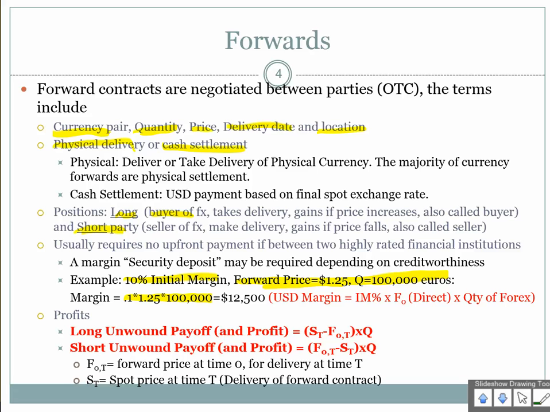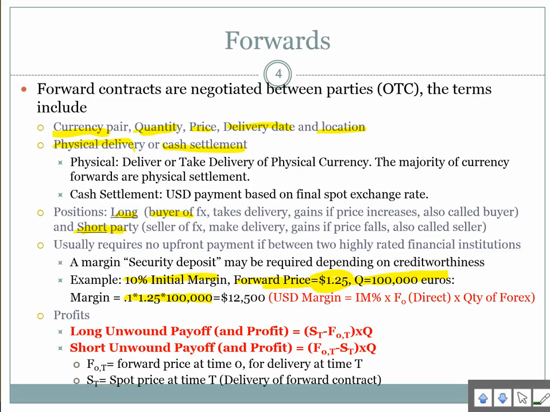Now, once you own a forward contract, or in other words, you're a long party to a forward contract, you then benefit if the price of the commodity goes above the forward price. So, for example, if you go long at $1.25, you have a contract in which you agree to buy 100,000 euros at $1.25. You will make money as long as the spot price at maturity is greater than $1.25. If it's say $1.26, you will be forced to buy at $1.25, and then you can sell them into the